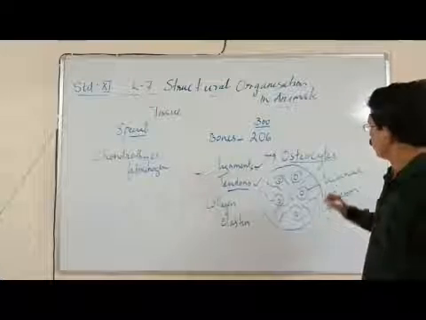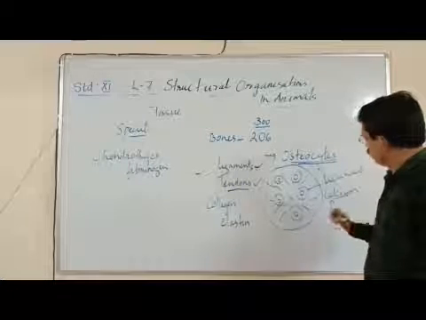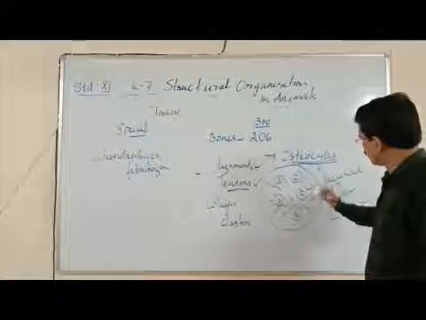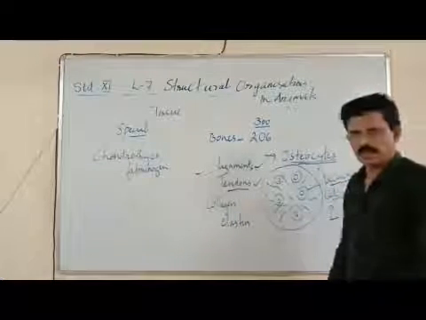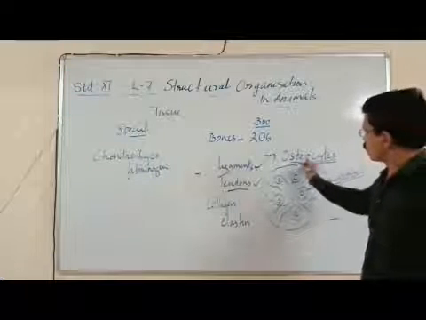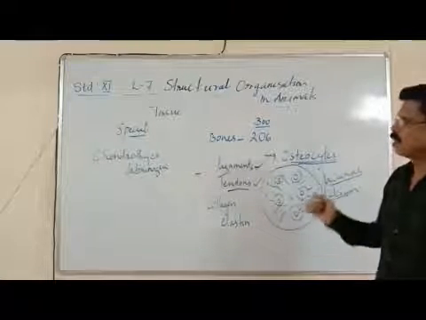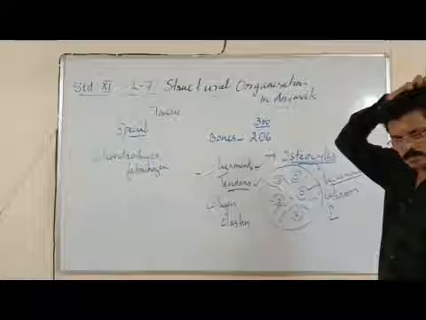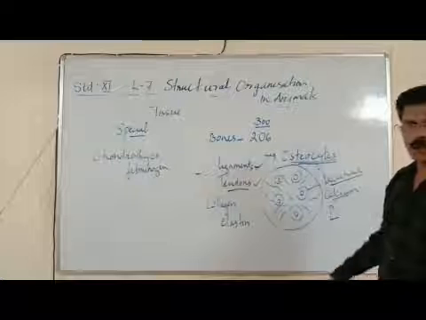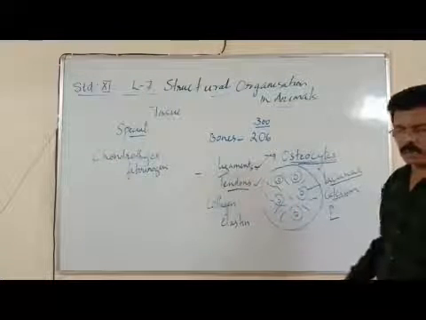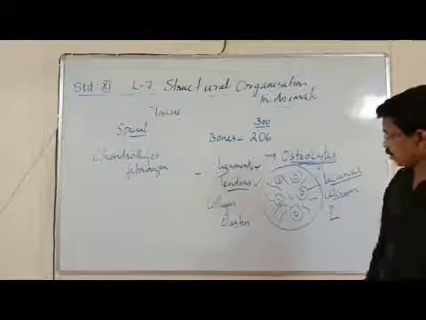Now osteocytes. Osteocytes are the cells present in the bones. In a fluid-filled cavity called lacunae. So what is lacunae? Fluid-filled cavity. Inside of which what is present? Osteocytes. What are osteocytes? Bone cells. Then what is the cell present in the cartilage? Chondrocytes. So chondrocytes are the cartilage cells, and osteocytes are bone cells. Okay.